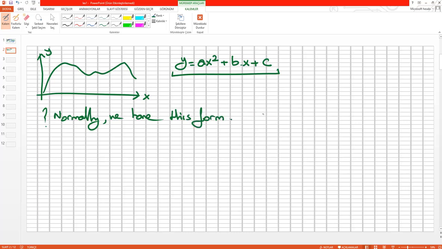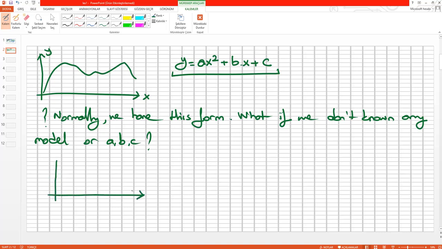But what if we don't know any model or A, B, C? This is the identical term because A, B, and C are equal to our model. Okay? For example, if we have some kind of data here like this one,